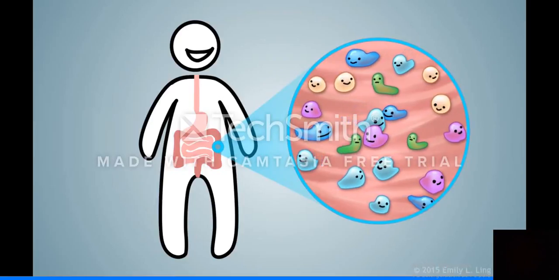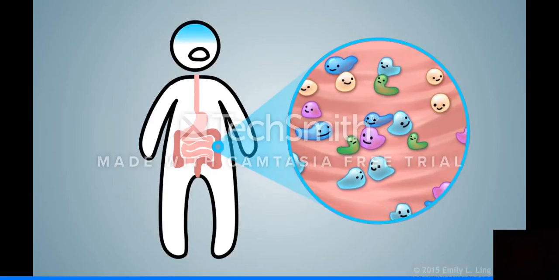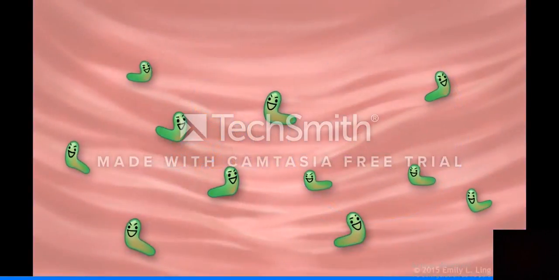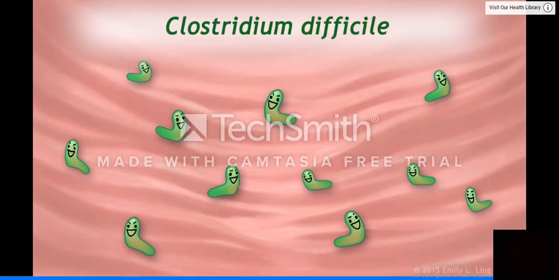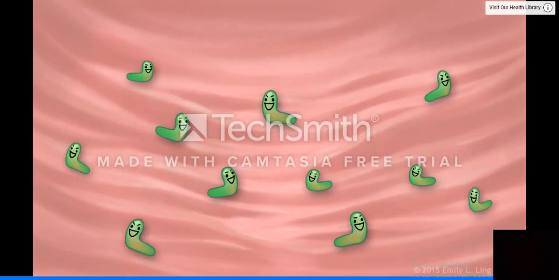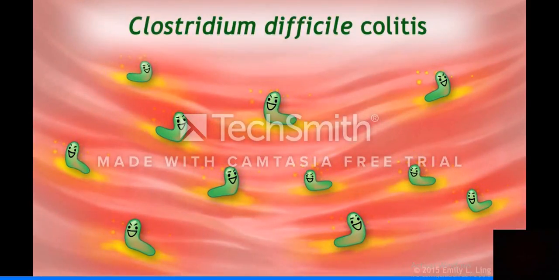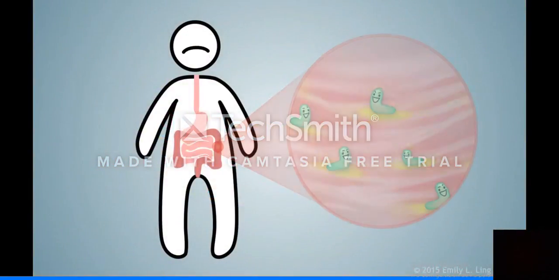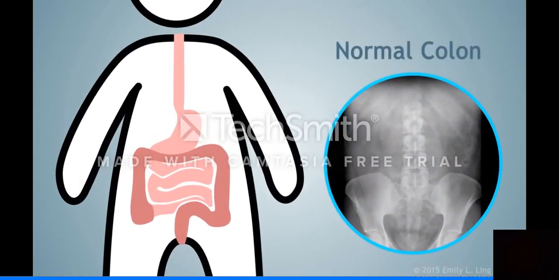Toxins released by Clostridium difficile can damage the lining of the colon, a condition known as Clostridium difficile colitis. Clostridium difficile infection can lead to life-threatening complications, such as toxic megacolon, where the colon becomes dangerously enlarged. Clostridium difficile is normally treated with a course of antibiotics, but recurrent infection occurs in between 20% to 60% of patients